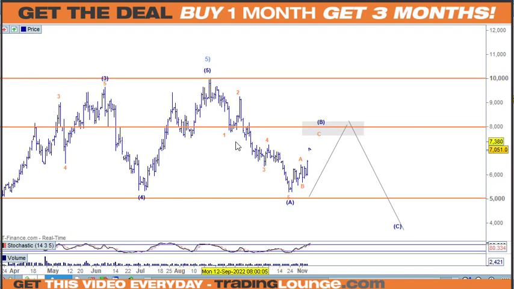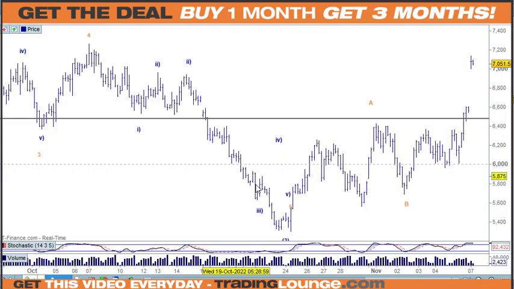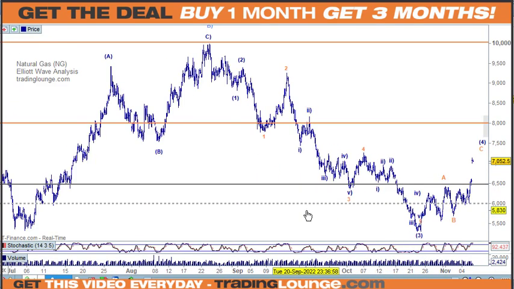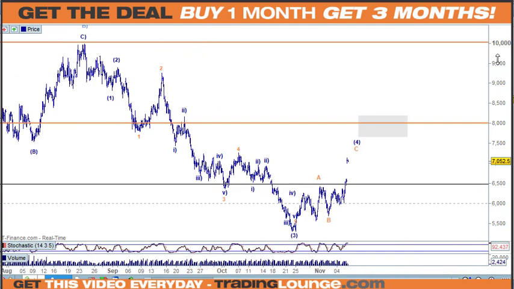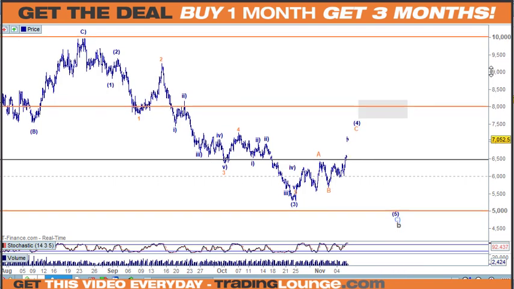This is a bit of an assumption, putting wave 1 here, because it's a bit messy in here, and in fact it could be wave 1 and 2 here, and then 1 and 2 here, so this could actually be a 4th wave coming back up here. It's also a bit of a long shot. I just kind of think out of the box a little bit. So from the B wave up here, 1 and 2 and 1 and 2. And from 2 we go to 3, 4, 5 here for the 3rd wave, and then an ABC for the 4th wave, and then down. I don't think it's the case, but